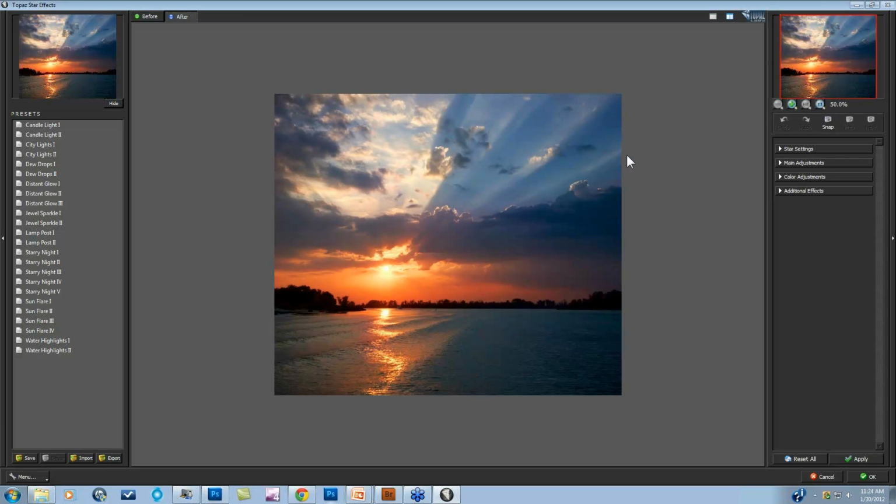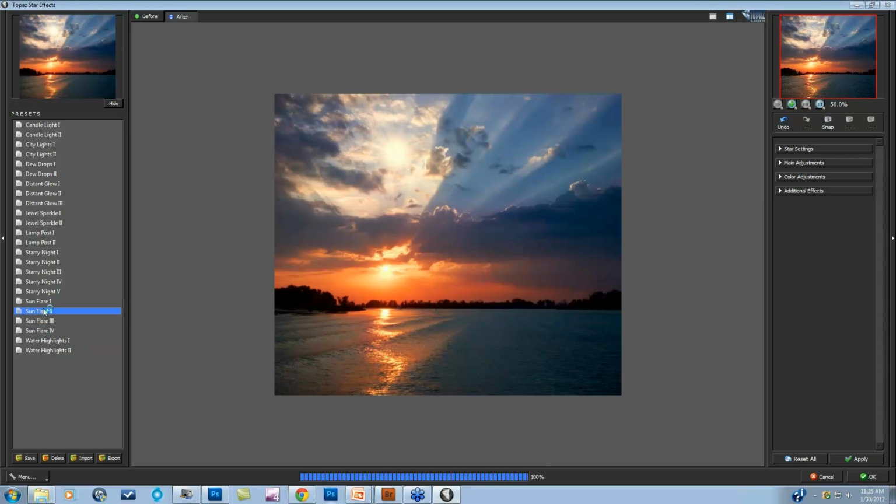So the first look that we'll cover here is the sun flare. We do have several different types of presets for the sun flare, so you can just click on that, and you'll notice when I clicked on that, the sun flare actually didn't come to my sun. It came up here to one of the brightest points within the sky. So I'm just going to keep a look up there as I go over several other different sun effects, and once I find something that I like,